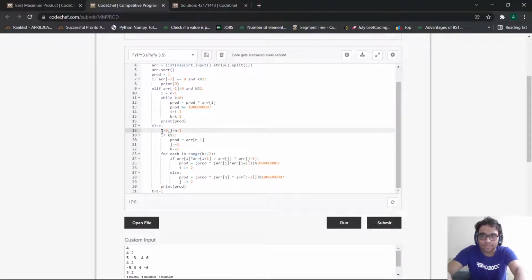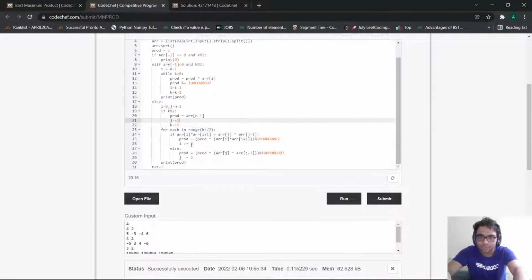Then for my else case, I simply took my i as 0 and j as n minus 1, as we discussed in the two-pointer solution. Now, if my k was odd, I just selected my last element and decremented j by 1. So I decremented my jth pointer and also decremented my k because I used one of the elements in my product, right? Now, we simply do the thing that we did in the approach section, like for i in range k by 2,